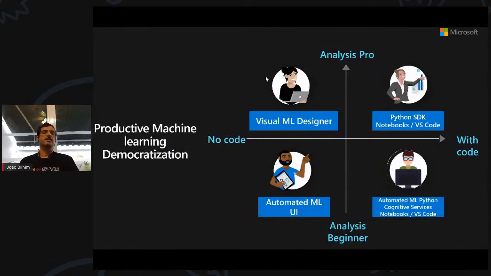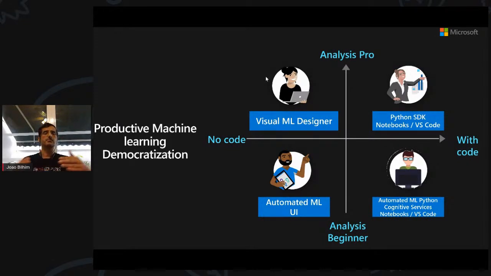Now, when I mean faster and more effectively, we're talking about data scientist productivity, but we're also talking about providing the right tool for the right skill. We don't want to force anyone to use different tools that they are not used to. We want to provide the best tool for each person's skills and preferences based on what they want to achieve.